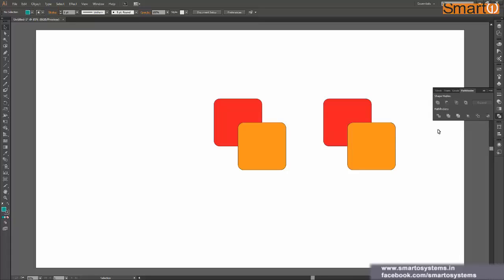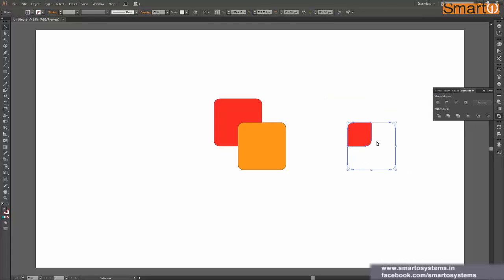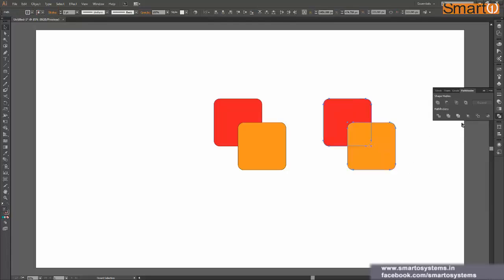And then we have this crop. I think crop removes this part, and I think all of these are now familiar. You're familiar with all these operations, and you will be able to achieve all this using the Shape Builder tool. I want to cover this last one, that is minus back. This is exactly opposite to minus front, where it removes the back shape and the front part which was overlapping with that shape. So here if I perform minus back, you can see it has removed that red rectangle, and also the overlapping area of the orange rectangle.